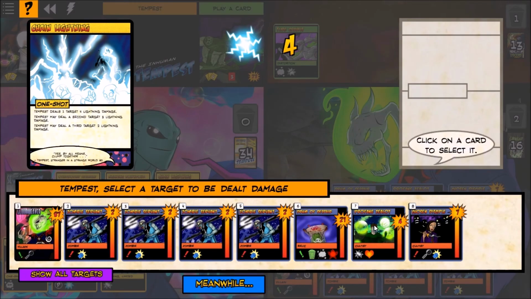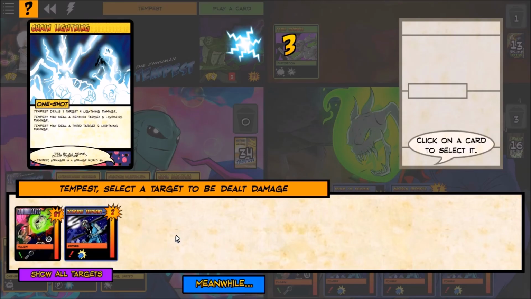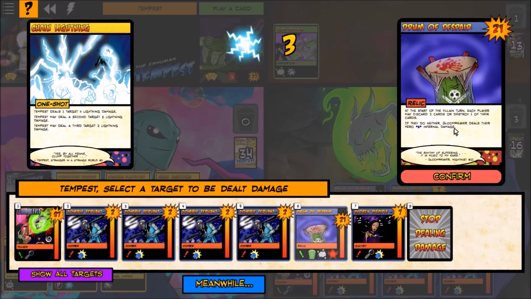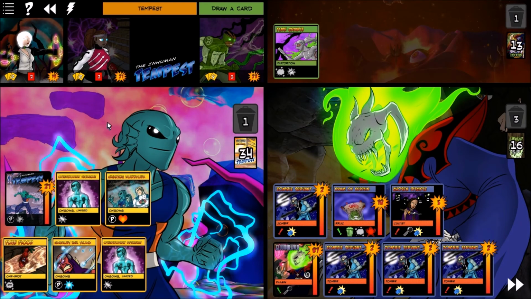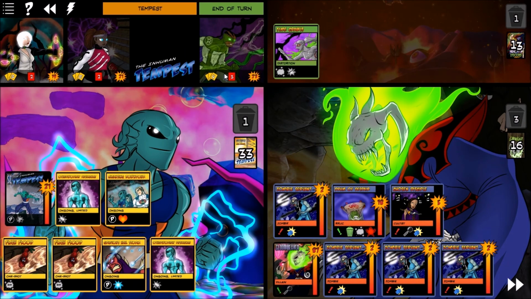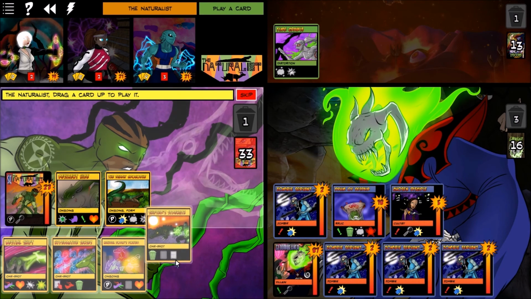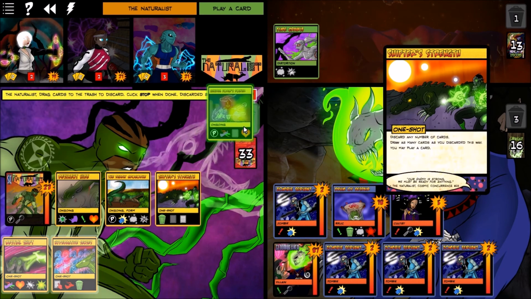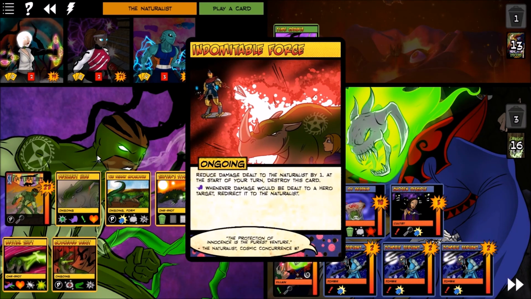Chain Lightning. We're going to hit the Zealot. The Drum. The Chosen Disciple. Skip powers. I'm going to discard 2 cards. Draw 2. And